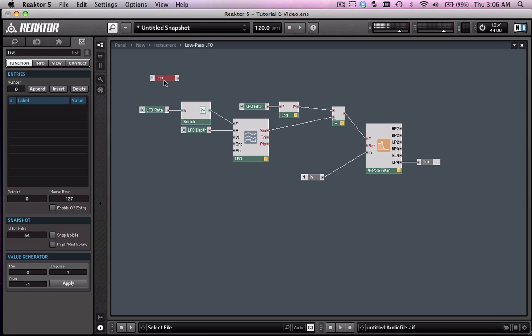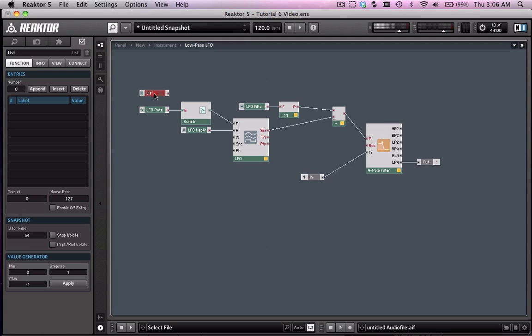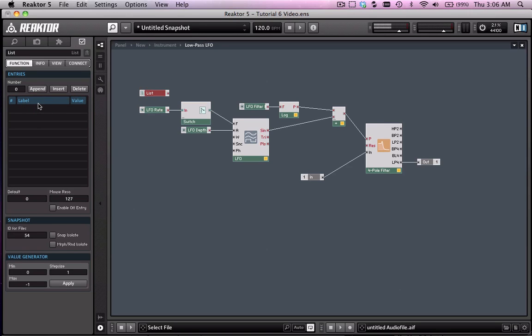And what it does underneath the hood is, we can assign labels, and the information that we're going to assign to the list is what divisions of the beat we want our LFO to use, what properties we want to give it there. So I'm just going to go ahead and append 7 entries,